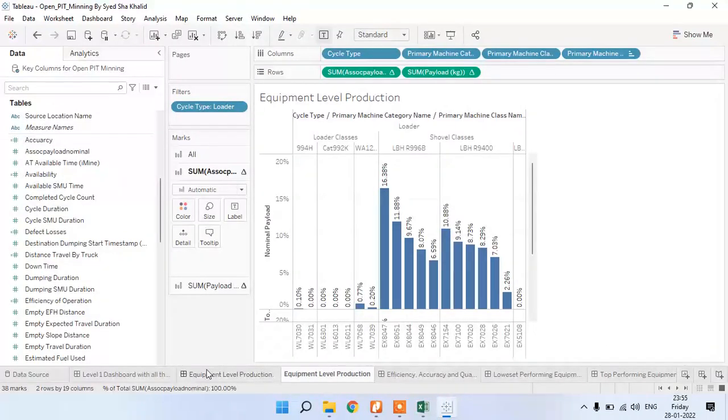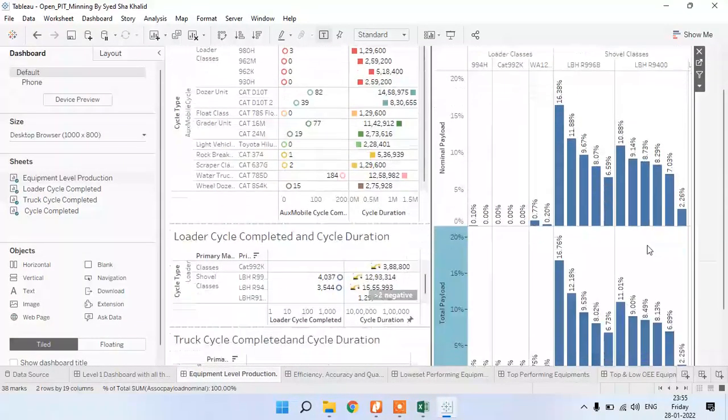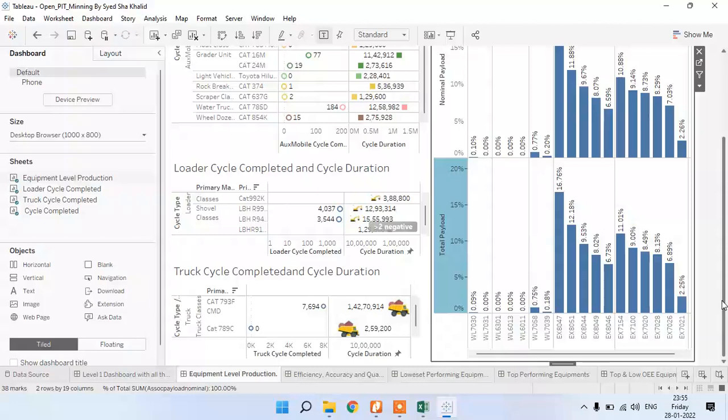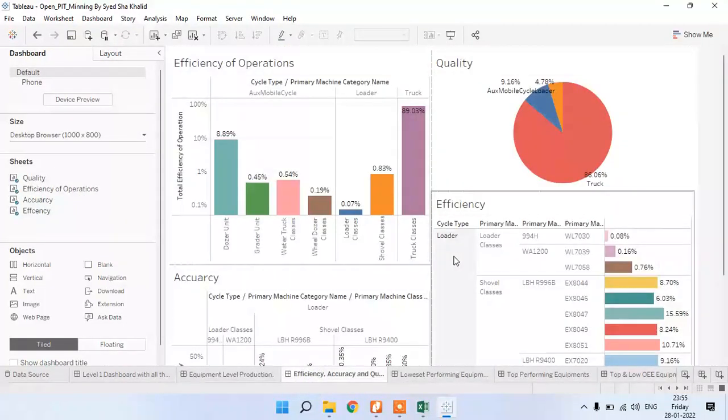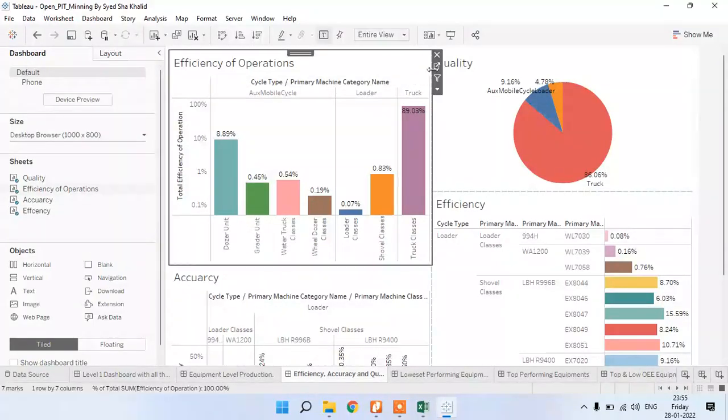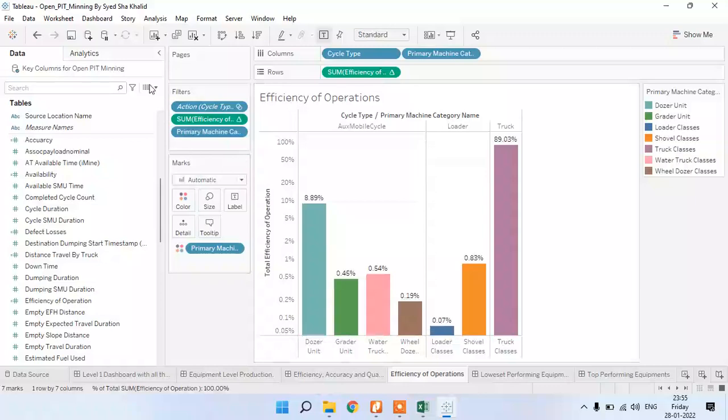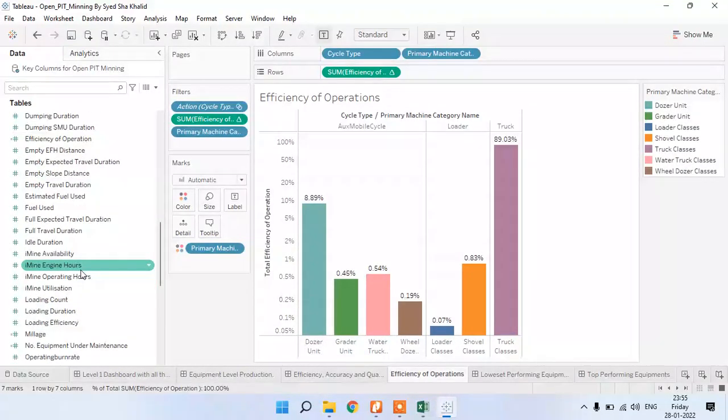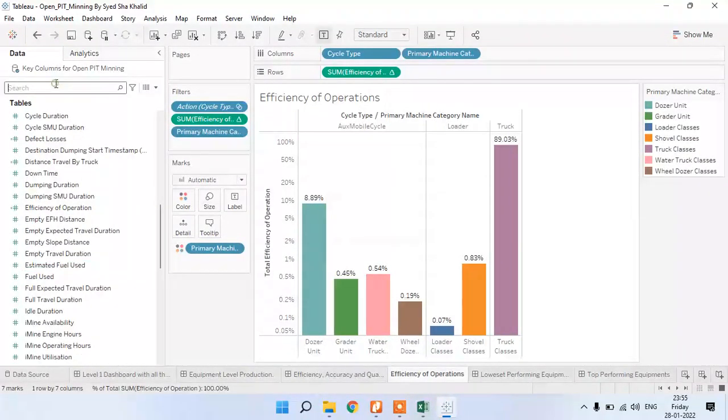Okay, equipment level production is over. What I did, I'm showing here. Then efficiency, accuracy, and quality. Efficiency of operation: I have multiplied these three by using a calculated field. By creating a calculated field, I have created the OEE.